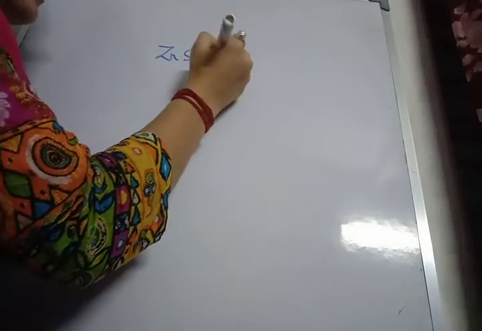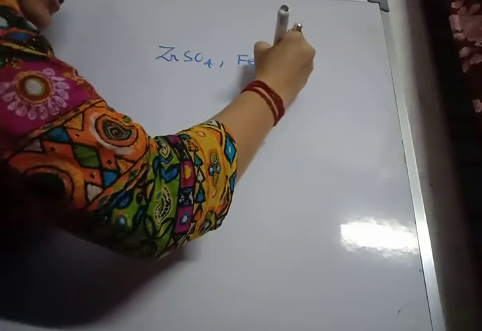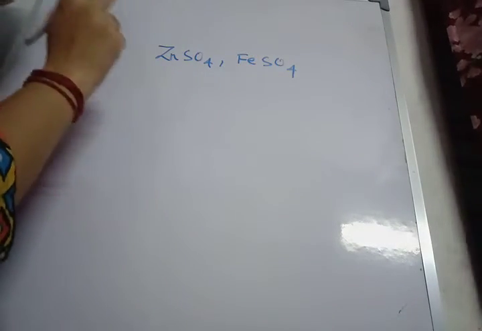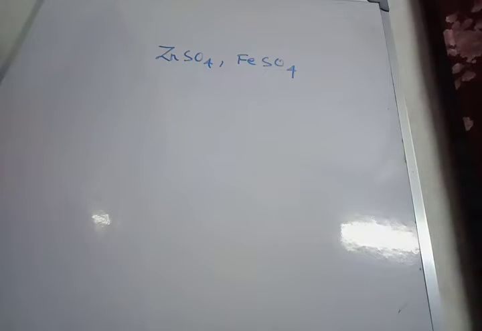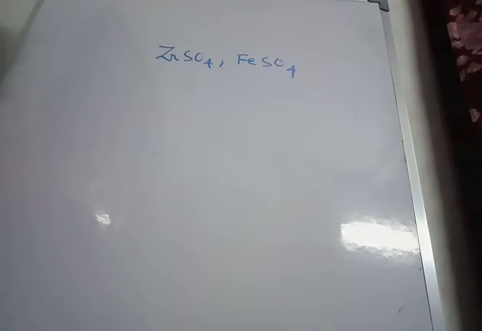Now ferric chloride is deliquescent in nature. Deliquescent means it absorbs moisture, so it has to be kept dry, and we use calcium chloride as the drying agent. Next we have salts like ZnSO4 and FeSO4. Here we only need to know the method, the procedure is not required. Both zinc sulfate and ferrous sulfate are prepared by the simple displacement method.